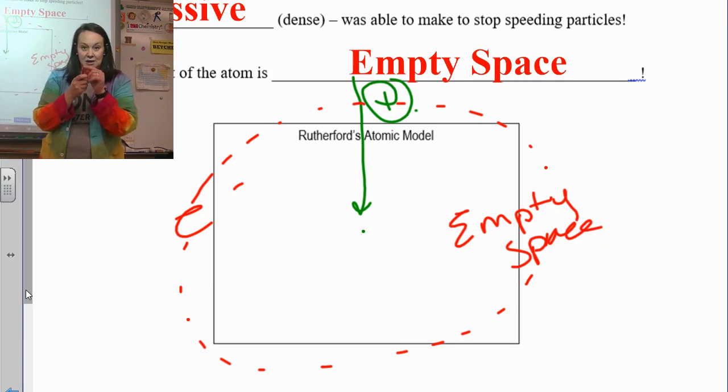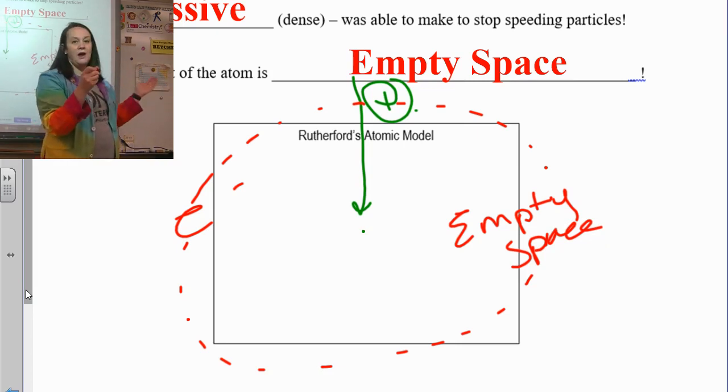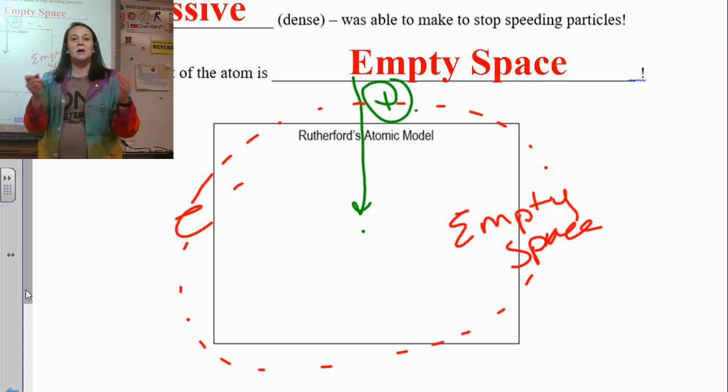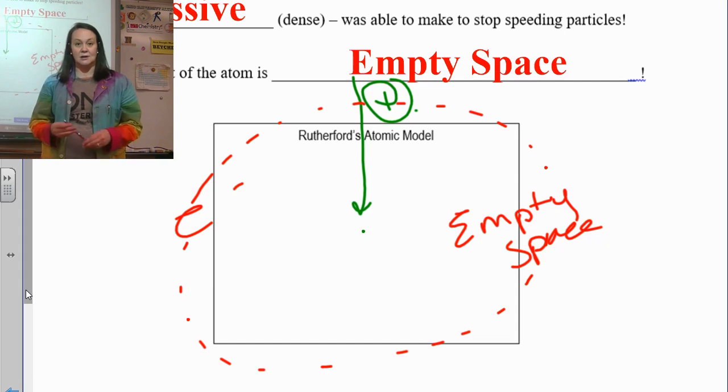They say that in a replica, if you were to take the end of a pen and hold that in the center of a football field, this would be the nucleus, and then the rest of the track going around the football field would be where the electrons are. So we are talking extremely small versus a ton of area for those electrons to be, that is mostly empty space because the electrons have very little mass themselves.